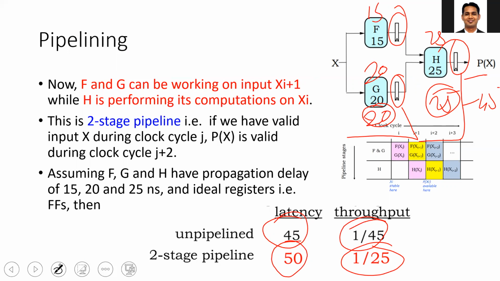So in case of the two-stage pipelining, you will have the two flip-flops or two registers on every path from the input to output. In case of the pipelining version, you will have the higher latency, but you will get the better throughput. And what is the throughput? Throughput is nothing but 1 by clock frequency, 1 by clock period. That is your throughput.